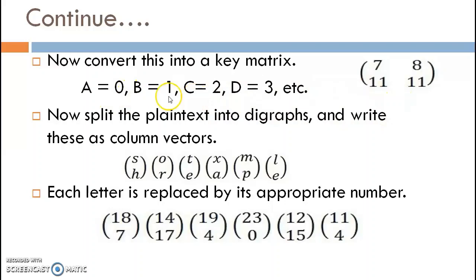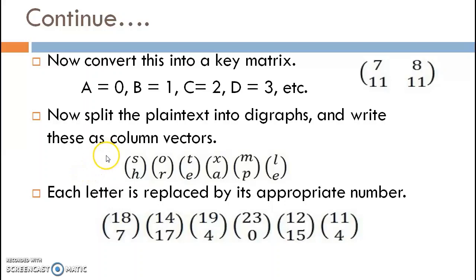So the key is converted to the key matrix. Now split the plain text into pairs of two, that means digraphs, and write them as column vectors. So the plain text becomes the column vectors SH, OR, TE, XA, MP, LE. Okay, so the short example is written in this way.